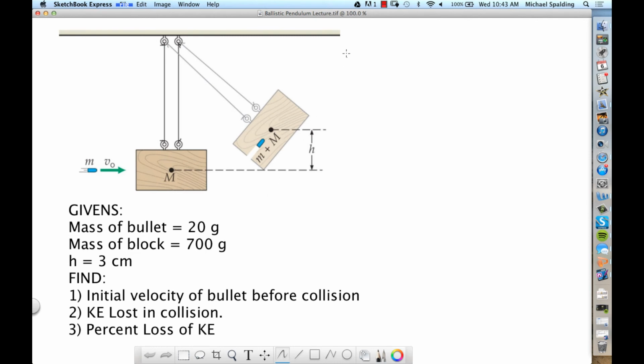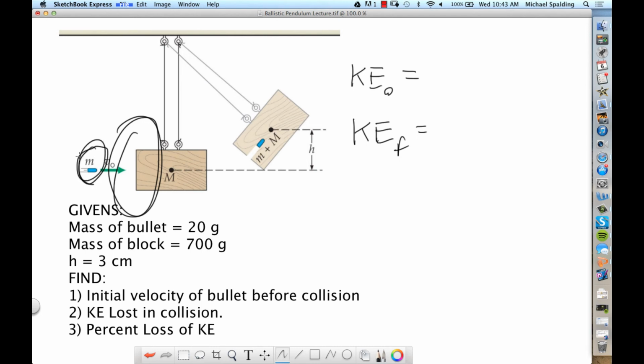So let's apply this to kinetic energy. If we want to find out how much kinetic energy is lost in this collision, we need to figure out how much kinetic energy there is before the collision, and then we have to find out how much kinetic energy there is after the collision. All right, what's the only thing with kinetic energy before the collision? The bullet. That's the only thing. So you go 1/2 mv squared. The kinetic energy equation is 1/2 mv squared. You apply that to the bullet, you get